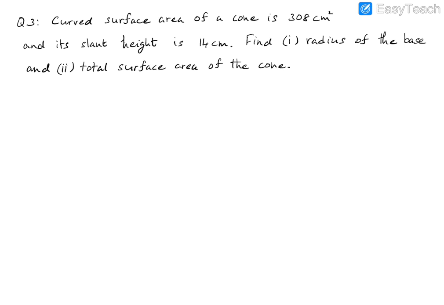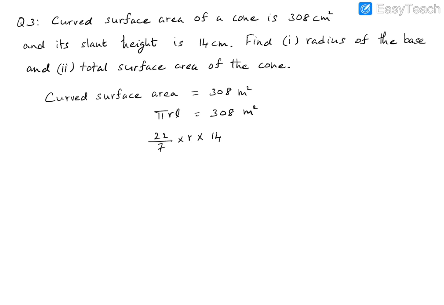First of all, what is given is the curved surface area, which is 308 square units, and we know the formula for the curved surface area is pi r L, and that is equal to 308. From this we can calculate the value of r. So pi is 22 by 7, into r, into L, which is given as 14 centimeters, and that is equal to 308. So from this we can get the value of r as